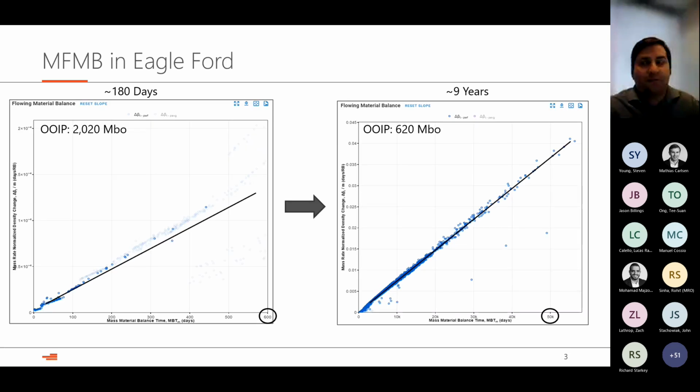So the first thing I'll show quickly is just level setting. What does a typical multi-phase FMB plot look like in the Eagle Ford? On the left, you're looking at data filtered to just the first 180 days. On the right, you're looking at data filtered to 9 years of production, which is close to the total